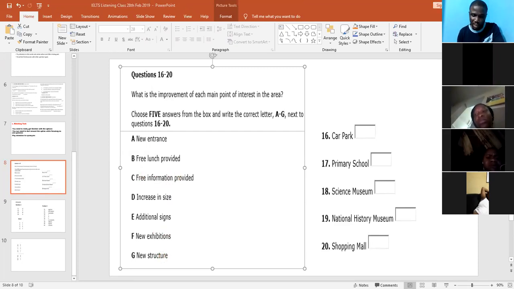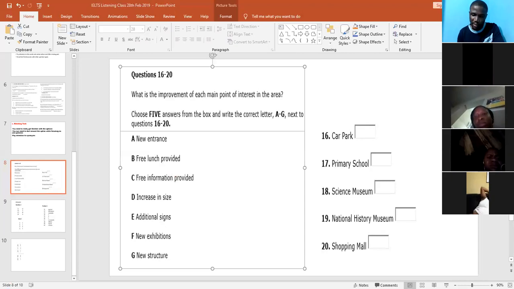The equipment is state of the art and includes swings, a small climbing wall, and even an obstacle course. Now we'll head north and take a look at the Science Museum. In response to our feedback from past visitors to the museum, there is now free information available, outlining not only upcoming IMAX showings, but also